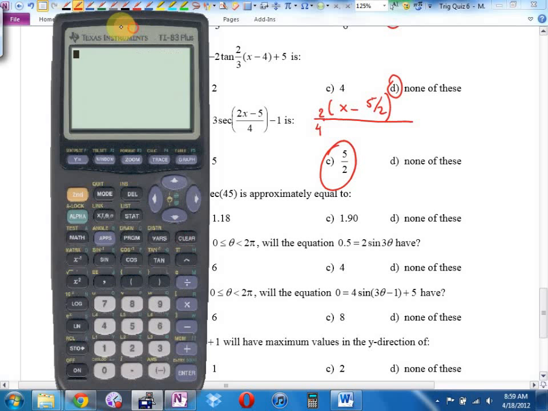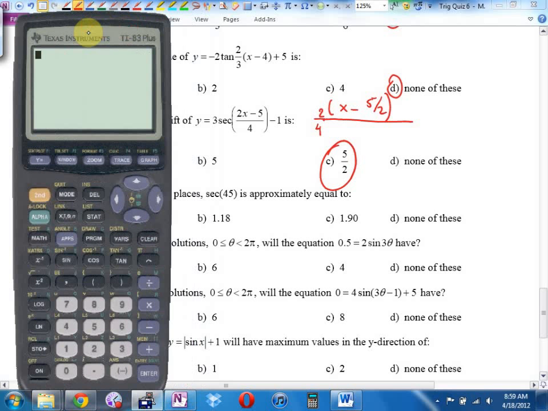Then the next question is, how do I find secant? Ashley, what does secant go with? Sine, cosine, or tangent? It's one over cos, which is technically now on your formula sheet, but that's one worth having here, I think, Ashley. So I'm going to go 1 divided by the cosine of 45,